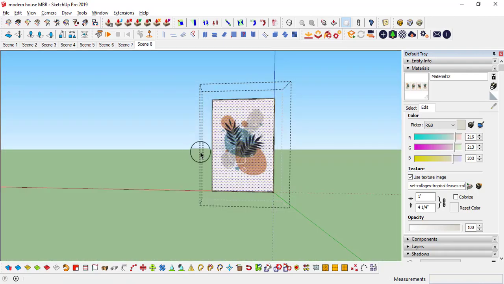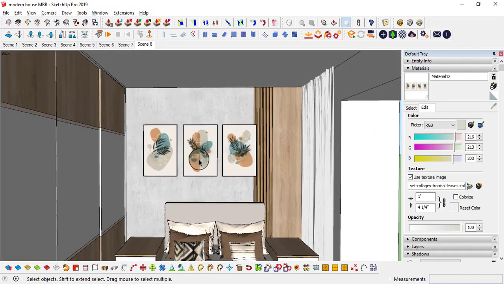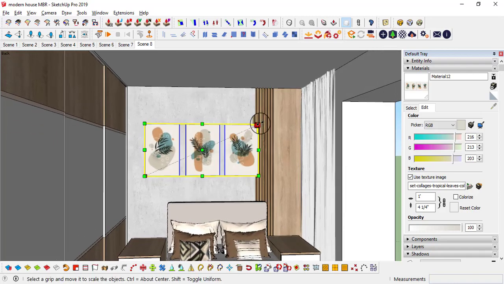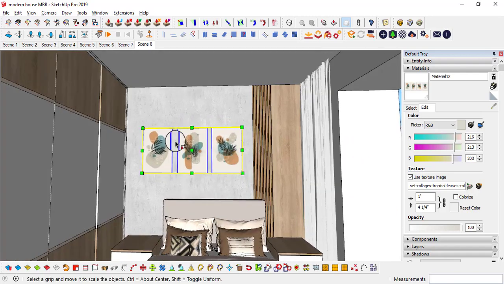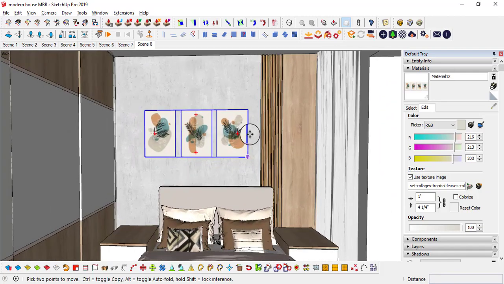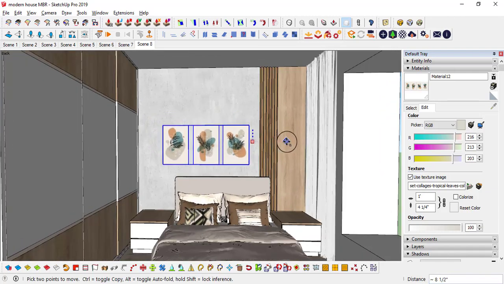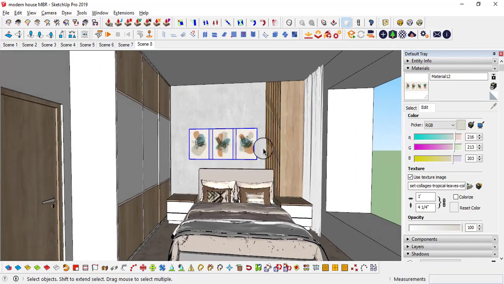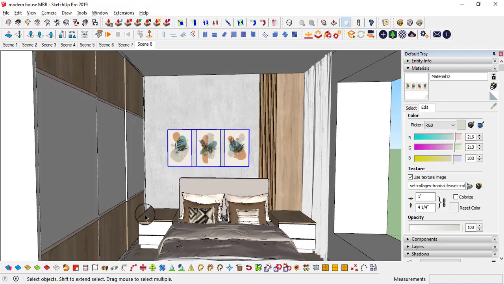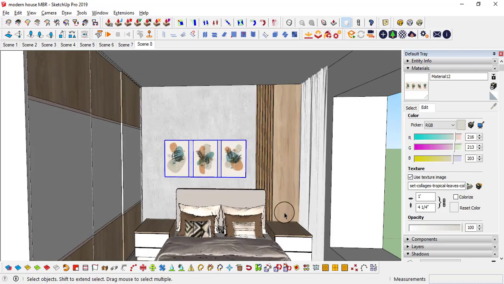That's it. Click on enter. That's it. Simply I have made these 3. You can simply make it a group and adjust the scale. You don't need this much big image, right? I'm going to move it a little bit further low, somewhere like this. And I want to place a decoration over here and a light over here.